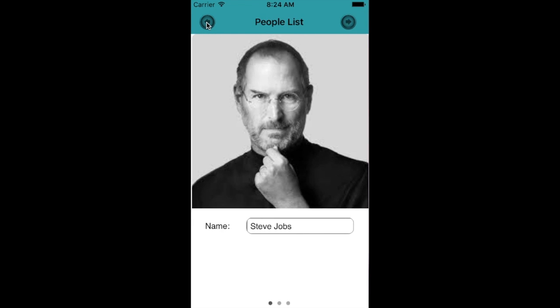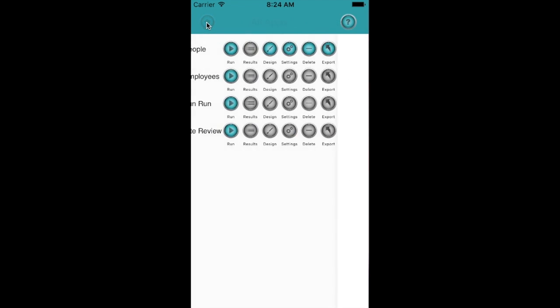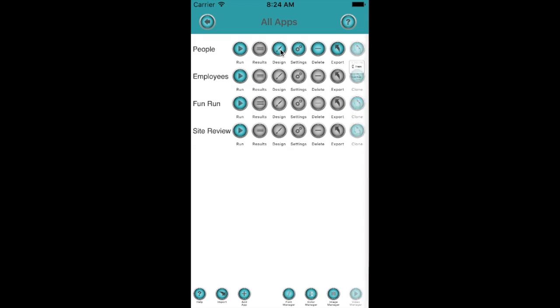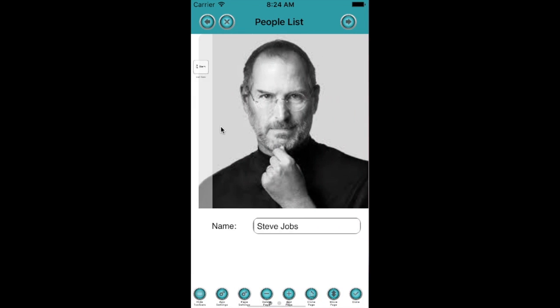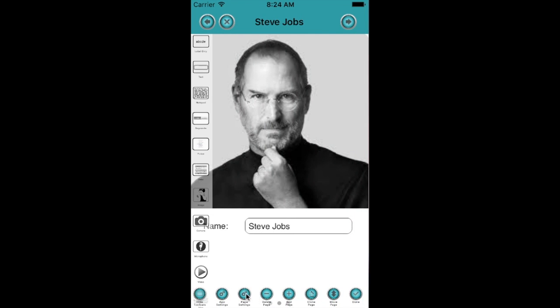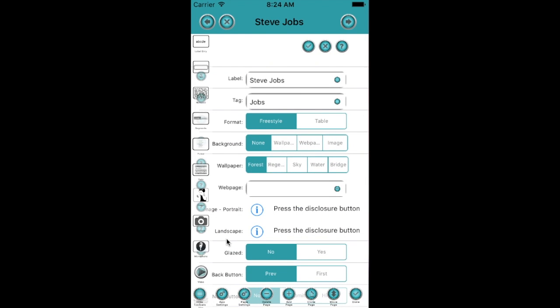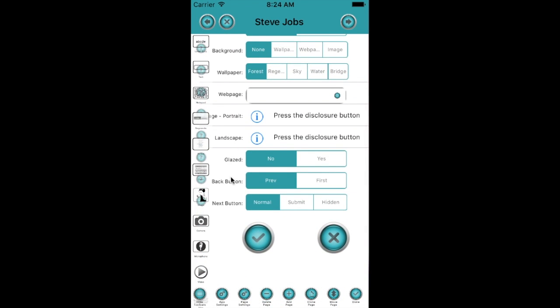Now you see, if I use the back button there, it's going to go back through all of my pages, which isn't quite what I want it to do. I want it to go to the first page when you click the back button. So on the page settings again, this is for the Steve Jobs page, I set the back button to go to the first page,